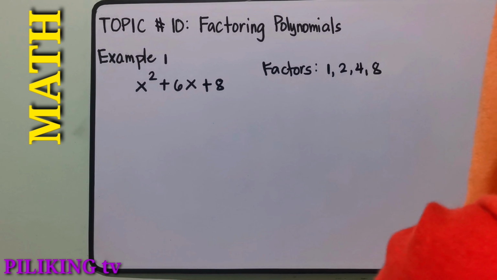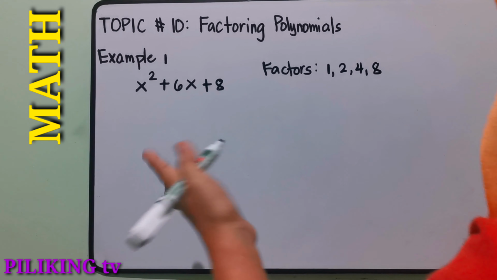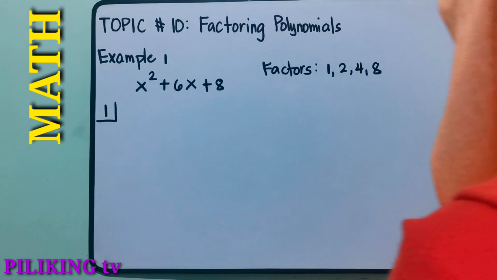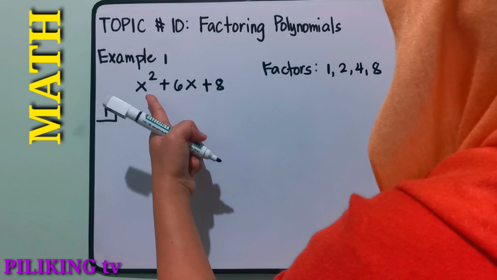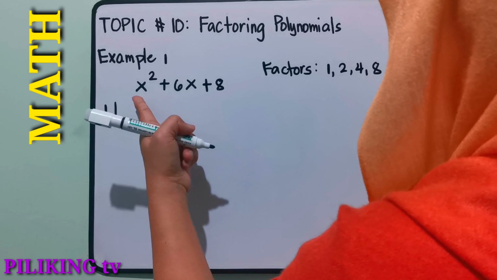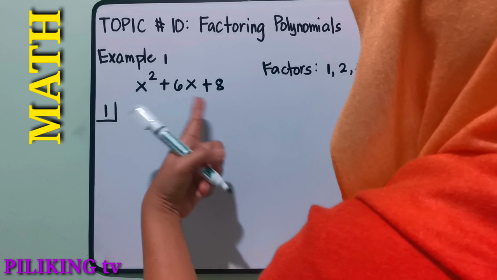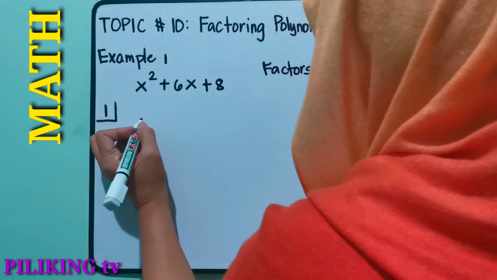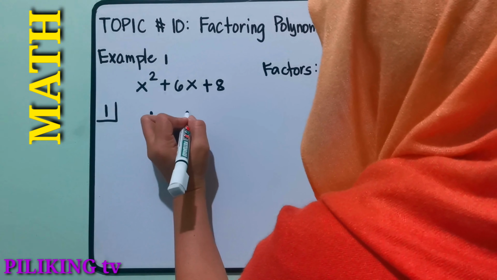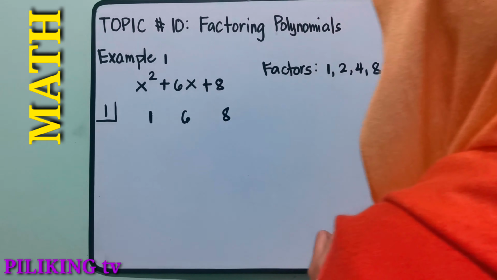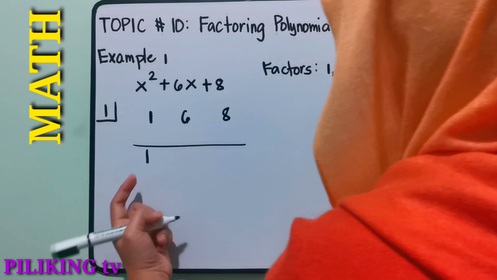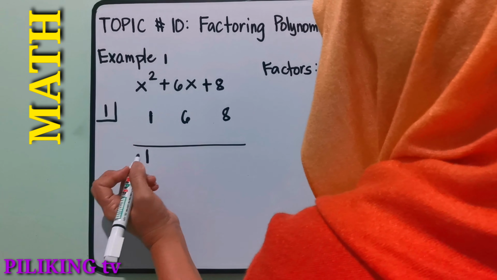Okay, so let us use 1 as the test 0. So if you use 1 as the test 0, list down the numerical coefficient. See to it that it is arranged already in the decreasing power of x. So we have the coefficient of x squared, which is 1, the coefficient of x, which is 6, and then we have constant 8. Okay, so bring down 1, multiply 1 to the test 0, which is 1, so we have